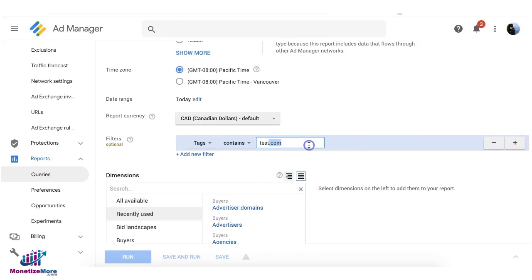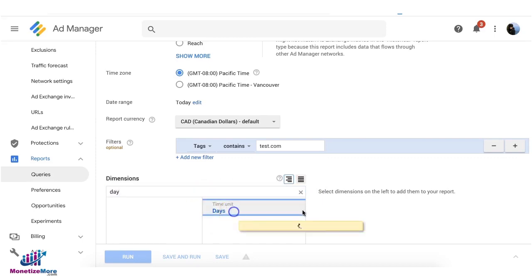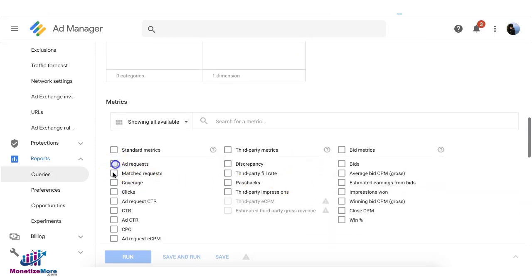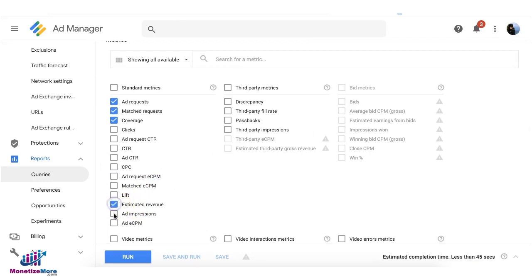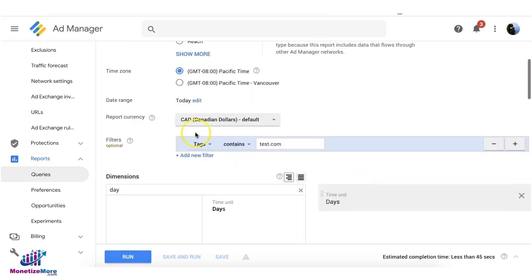Or you can just use the keyword test. But of course, that is if it's a total different domain from the other one. So just to be safe, let's do test.com. And then we can just do days and select your standard metrics to find out if there's still activity, and then go ahead and run it. So if this tag has been active today, then of course you're going to get some impressions and revenue still. But the following day, if you run the report again for today,